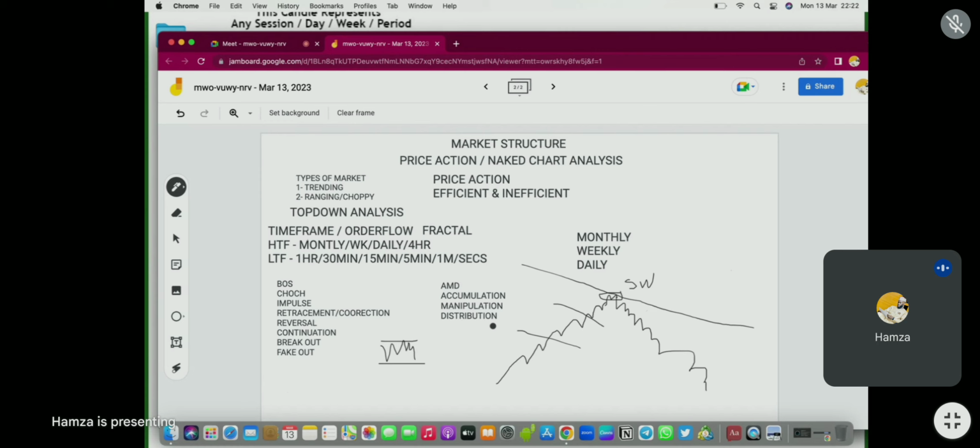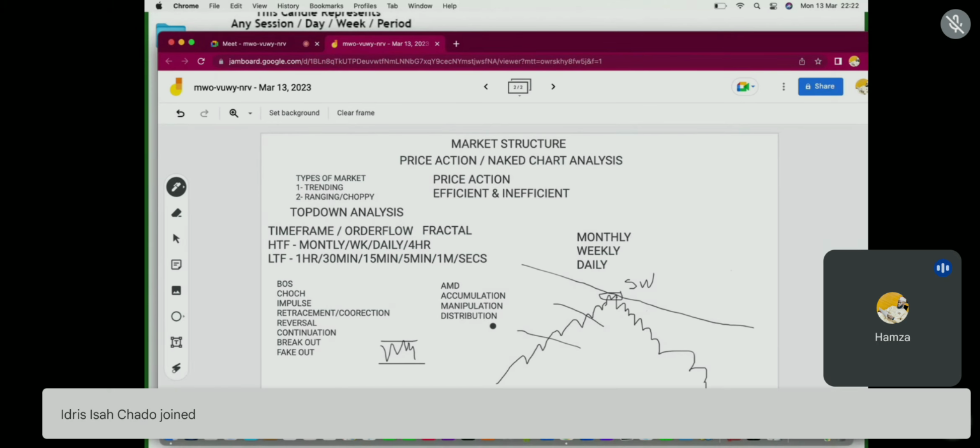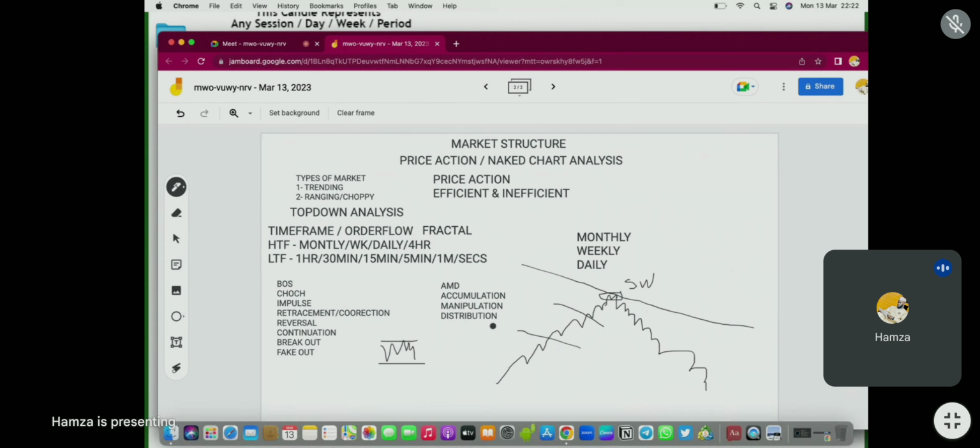Unless, of course, those USD pairs are paired up with Japanese, with Asian session pairs. That's the only reason why a USD paired instrument would move during the Asian session. But when you trade something like GBPUSD